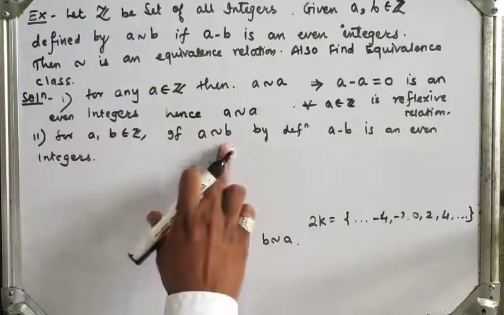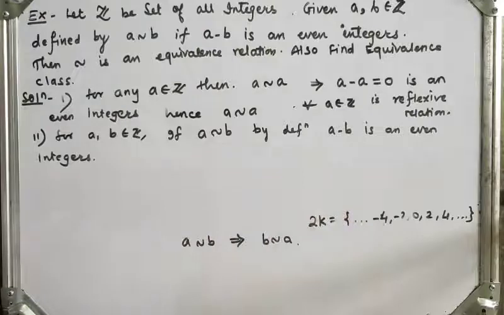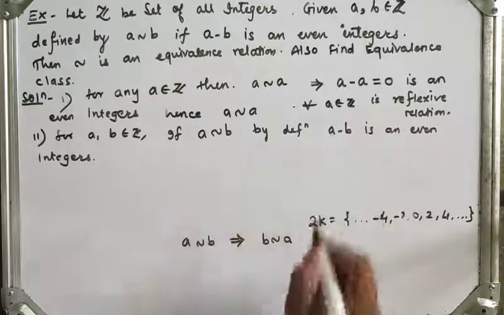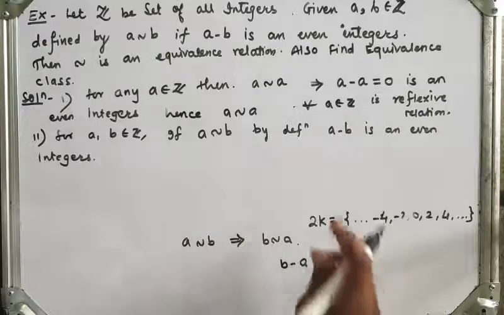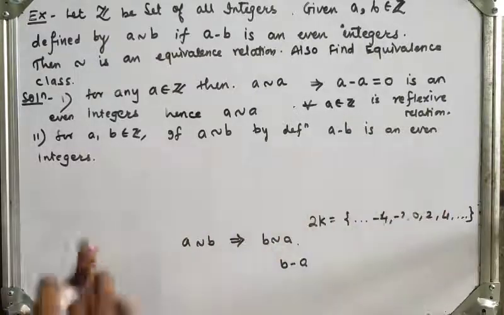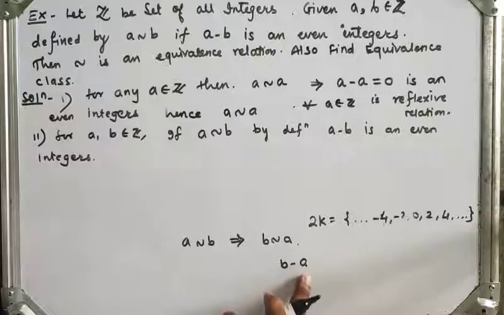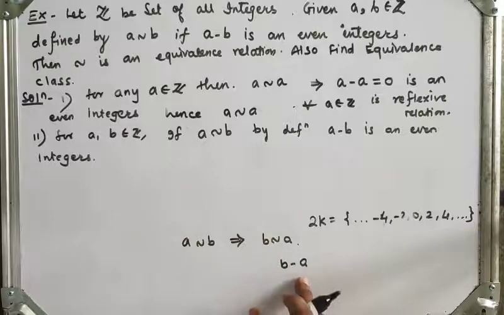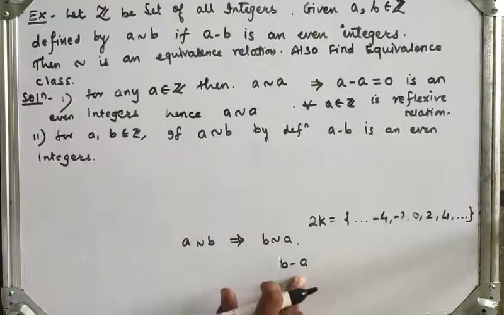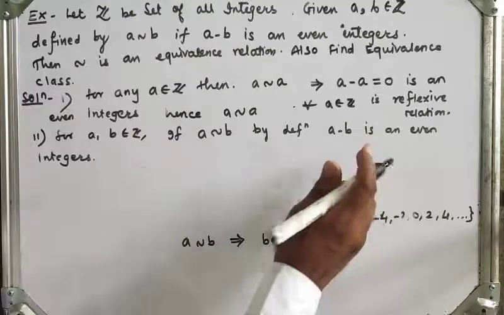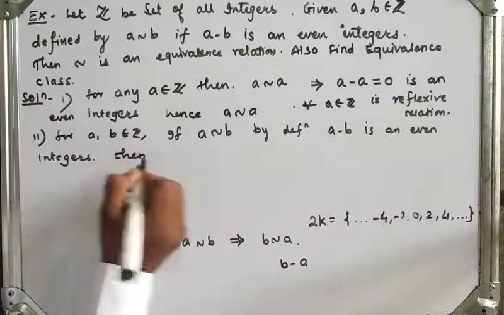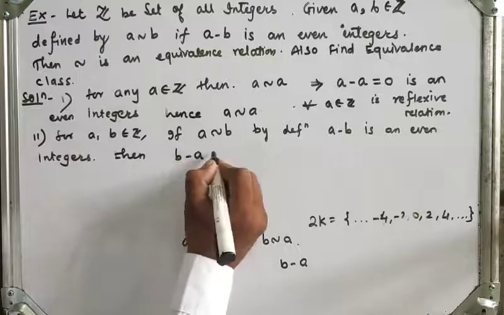So here A equivalent to B is defined by A minus B, and what is B equivalent to A? B equivalent to A means what? Here by definition, B minus A. So here A minus B is an even integer, and what will be B minus A? So A minus B is an even integer, so B minus A should also be an even integer. So what will you get? A minus B is an even integer. Then I write B minus A as